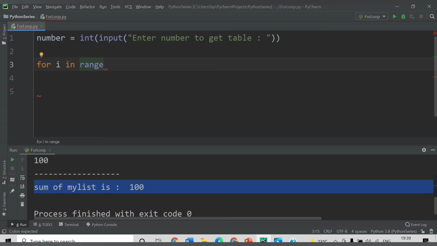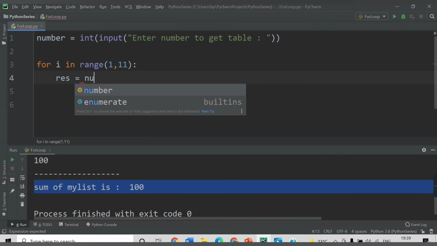So range starts from 1, go till 10. So we will provide here 11, right? So it will print till 10. So for I in range 11, and here we will have one variable, let's say result equal to